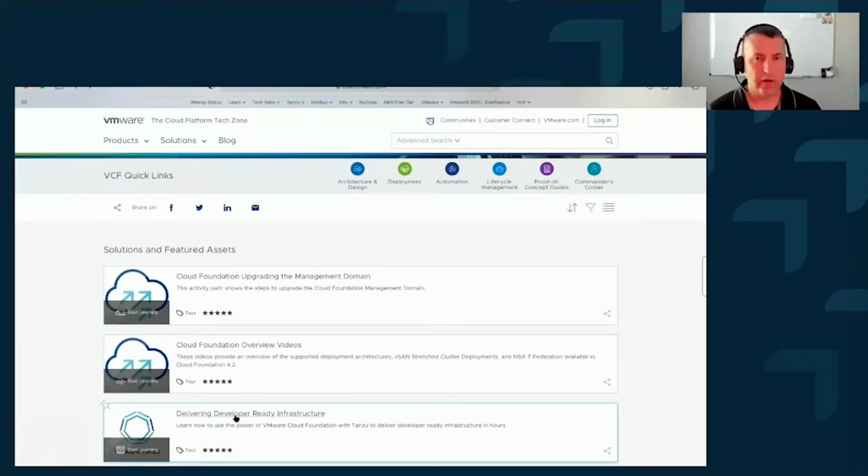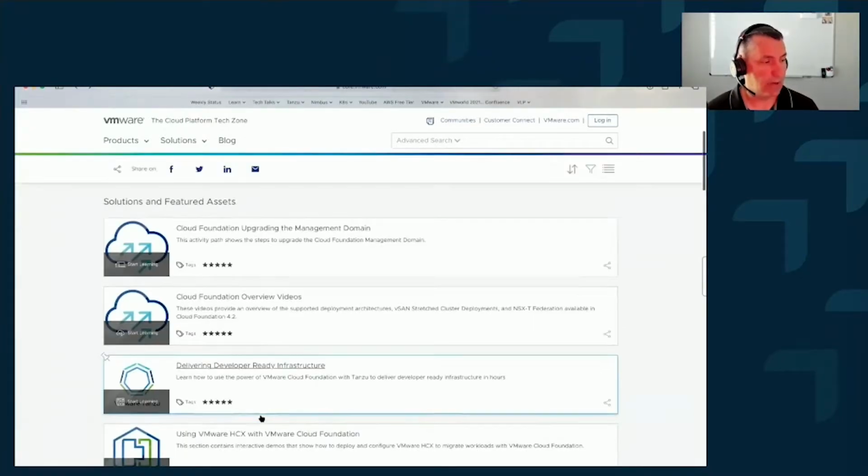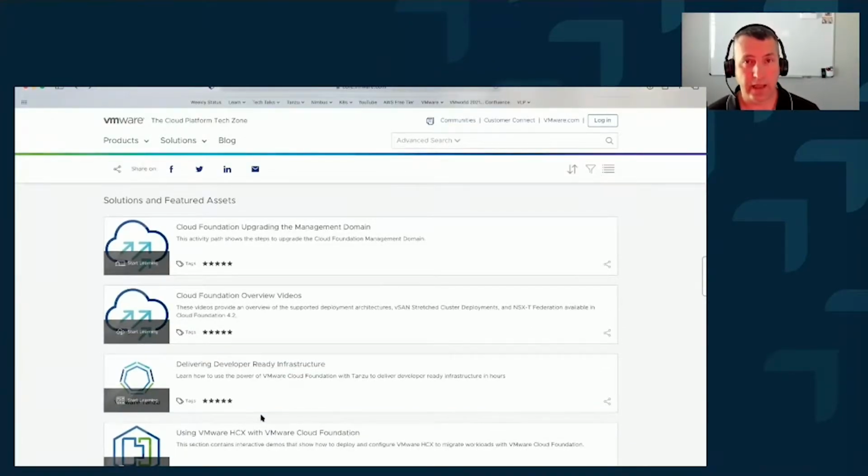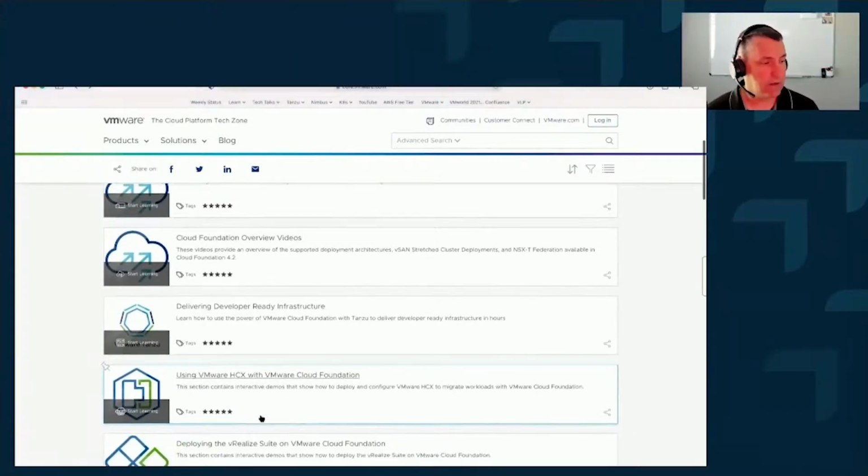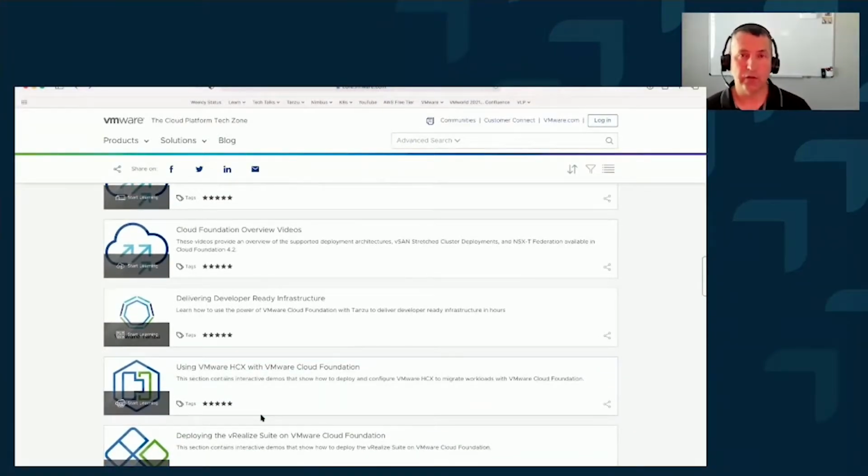Here I have this section on delivering developer-ready infrastructure. This is going to talk about how to enable vSphere with Tanzu inside of a Cloud Foundation workload domain. So if you're interested in getting started with the Kubernetes capabilities running on VMware Cloud Foundation, this is a great resource as well. We also have information here on using HCX, which is a way to migrate workloads into your